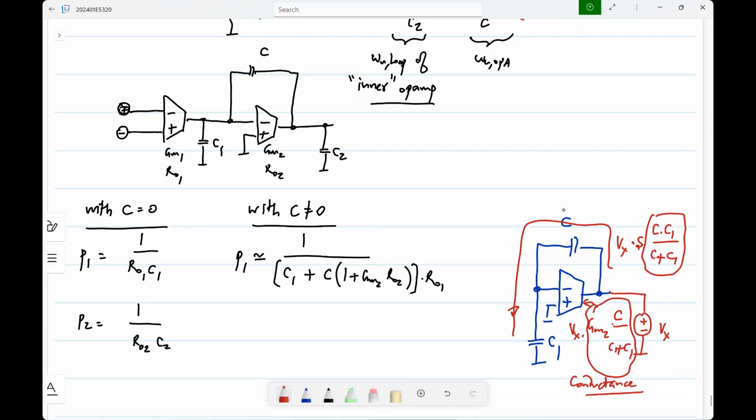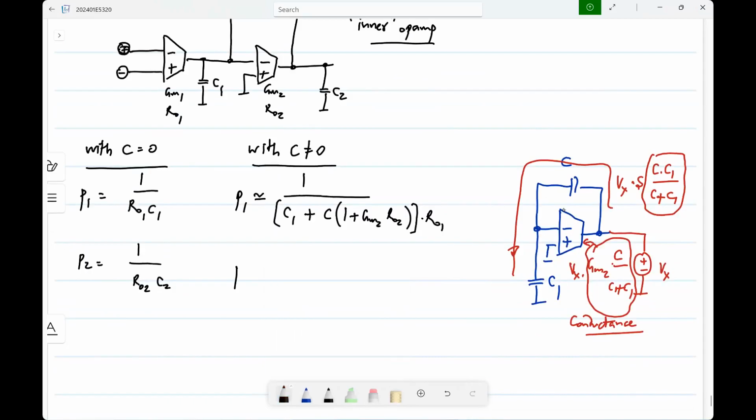Okay. And this conductance appears because of feedback around the second stage, right? So this P2 is basically related to the total conductance at the second stage output, which consists of GM2 C by C plus C1, plus of course you also have 1 by RO2, which is already there to begin with, right? And then the total capacitance which appears at the output node, which is what? You have C2 right there, and then you have the series combination of,